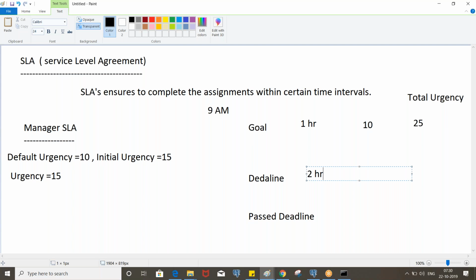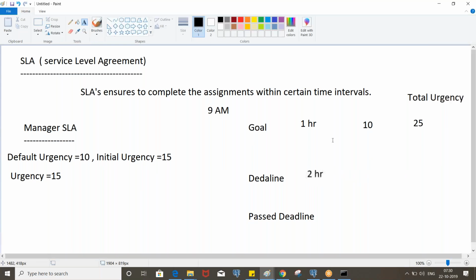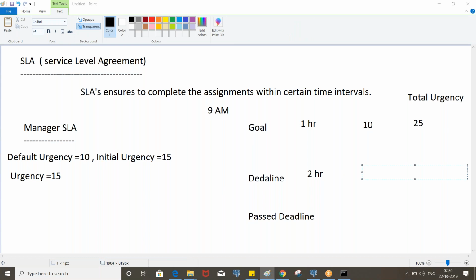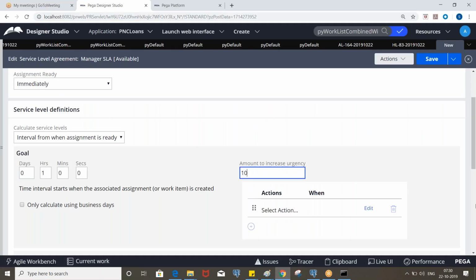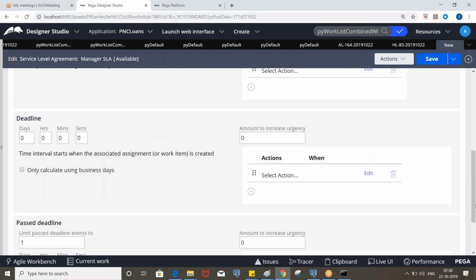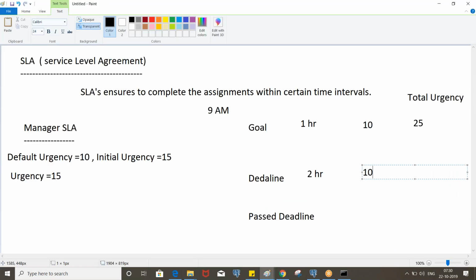So deadline time should always be greater than goal time. If you try to put less than 1 hour in the deadline, it will not accept. Okay. So that means 9 plus 2, at 11 o'clock, if the manager doesn't take any action by 11, and let's assume we have an urgency of 10 again here, so it will be 35.